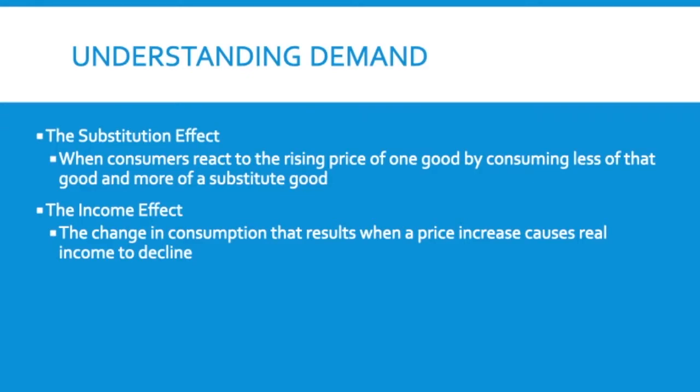The income effect, another common sense kind of idea. The more money you have, the less demand will change. So when you change your consumption, that's a result of when a price increase causes real income to decline. So think, if you have $10 and you want to buy as much as you can with $10 and prices go up, you might buy less of it. So if you buy the $5 12 pack of Coke, you only have $5 left to buy other things. Your real income, your $10, is affected by that. If your real income was $20, it would be different, or if your real income was $100, it would be different. But the idea is that how much money you have depends on how much you're willing to demand products.